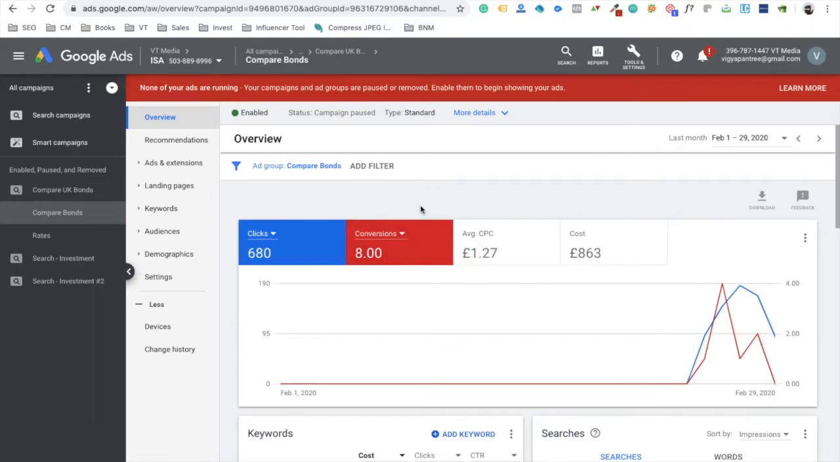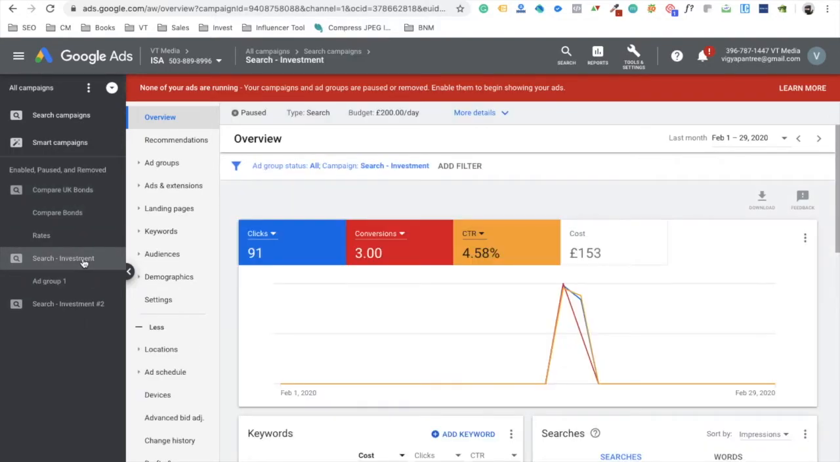So this was the thing I got. Now this is a very poor result, basically. Because I'm getting a lead at a cost of 108 pounds, that is not really good at all. So I decided to turn this campaign off, and then I switched to another one, that was search investment. This campaign performed a bit better. I got 3 conversions at a cost of 153. CTR is 4.58. That is okay. And my